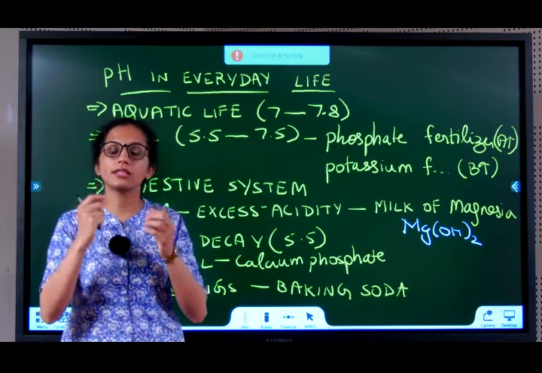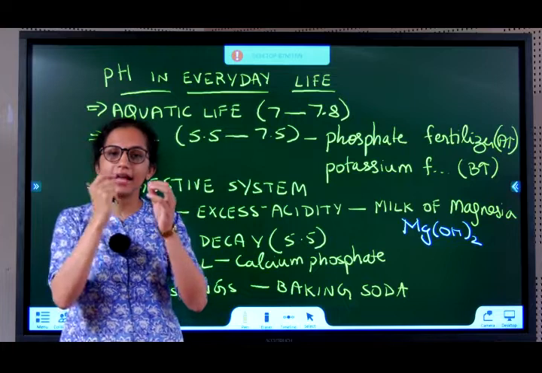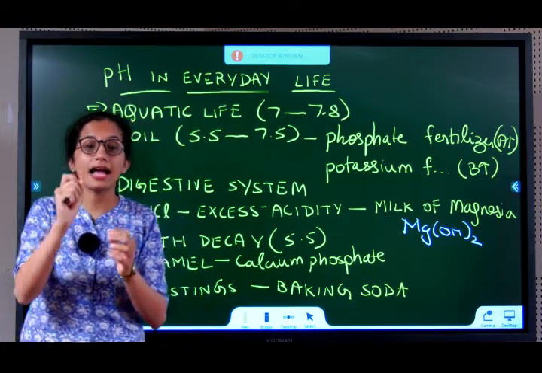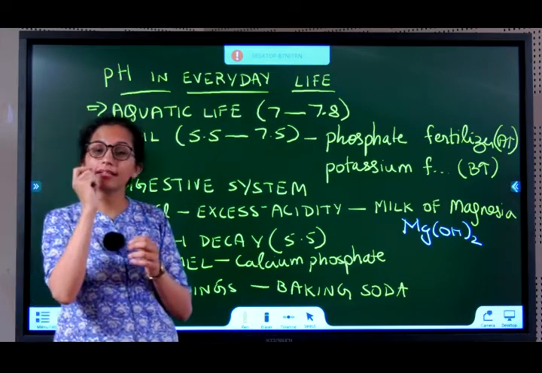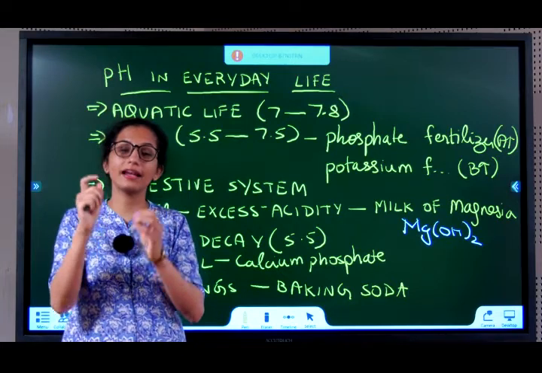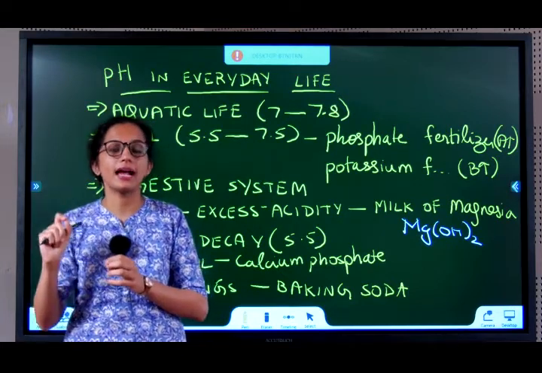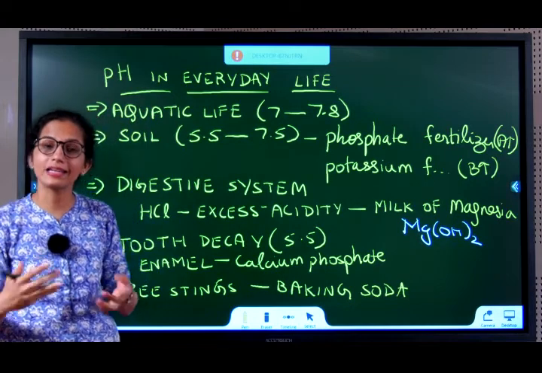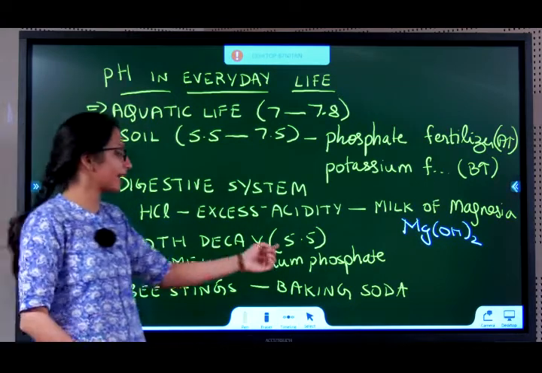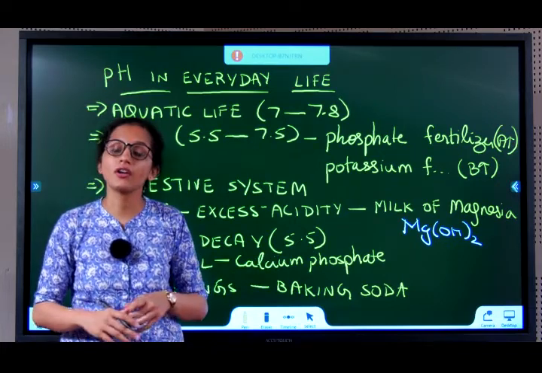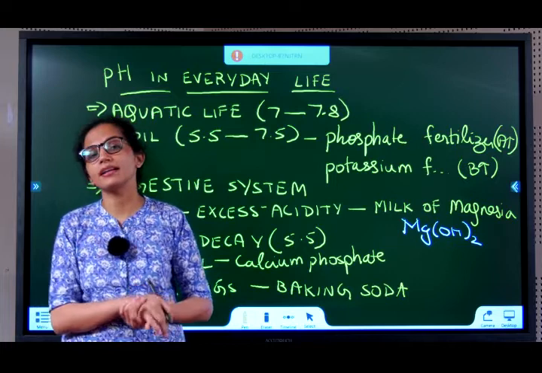The enzymes in your mouth, the saliva and everything, will start reacting with it, and the bacteria will produce acids. When those bacteria produce acids in your mouth, and there are food particles, the acids will remain there, and the bacteria will keep producing acids. What happens? Your mouth becomes a little more acidic. If it becomes a little more acidic, the pH drops below 5.5. The calcium phosphate will corrode. If it corrodes, what happens? You get cavities.